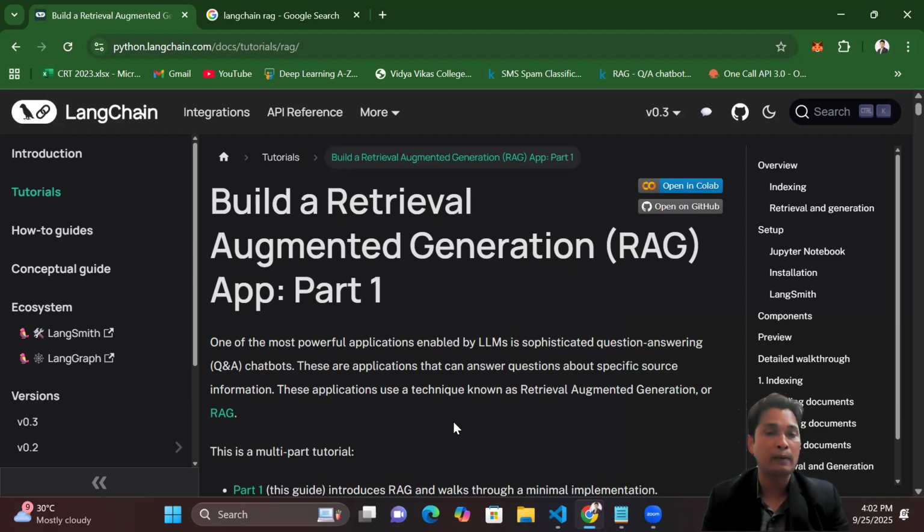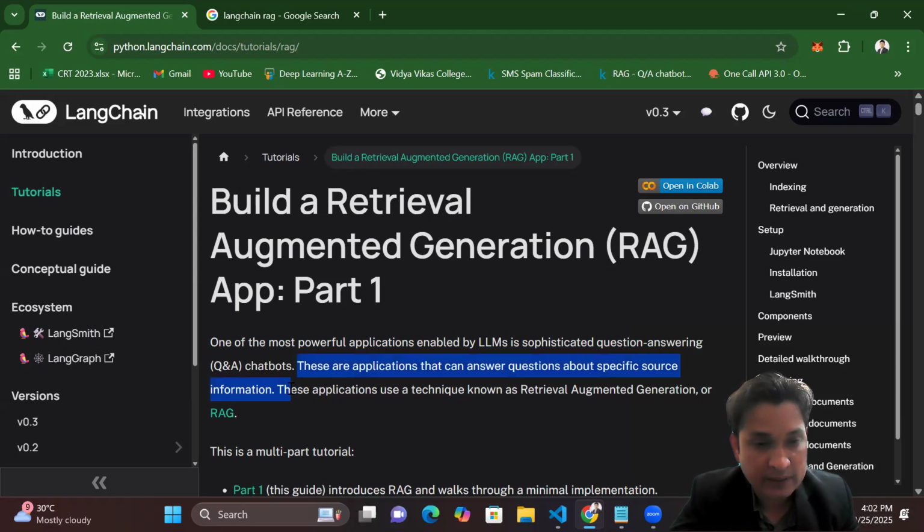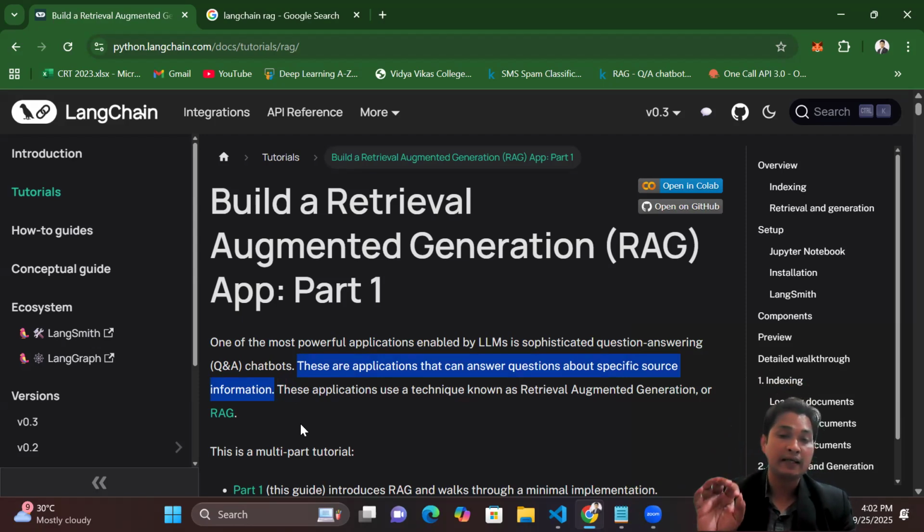These are applications that answer a question about a specific source of information. This is a very important line, guys. I'm talking about this line, and this line is very, very important. These are applications that can answer questions about a specific source of information. For example, you have designed a web application for your client, just suppose for tours